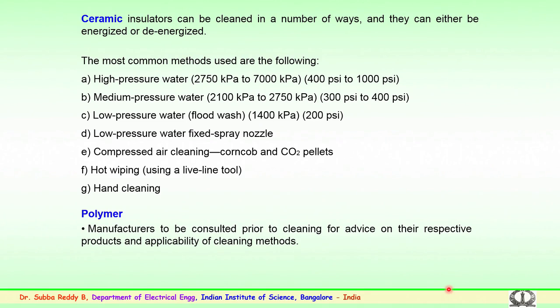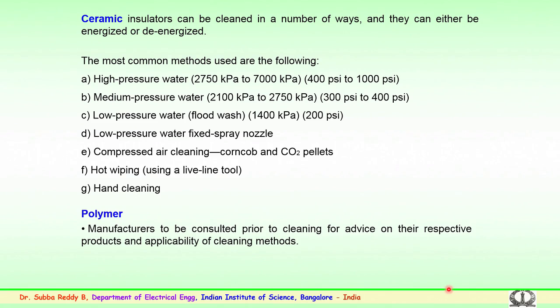In some cases, hot wiping is used, that is using a live line tool, where the insulators are wiped at a certain temperature, and in some cases it is hand cleaning with a cloth or a smooth cloth. So, these are some of the common methods used for ceramic or glass insulators by the